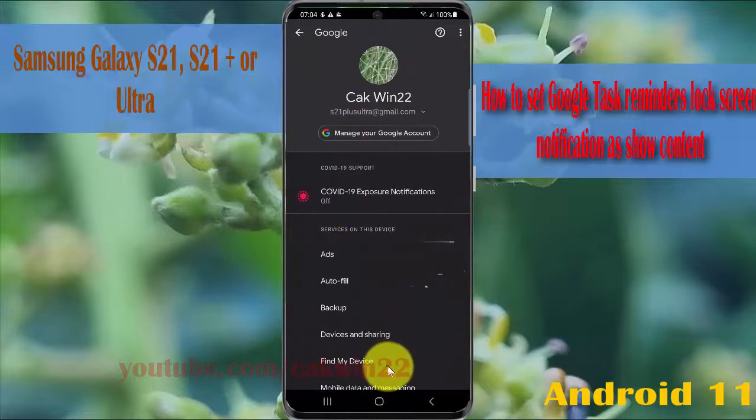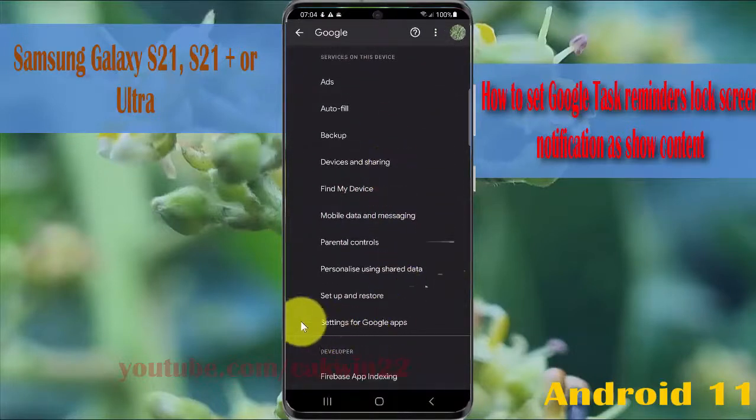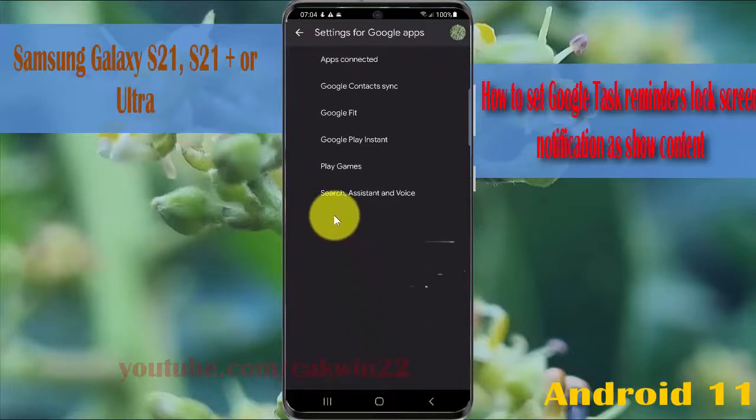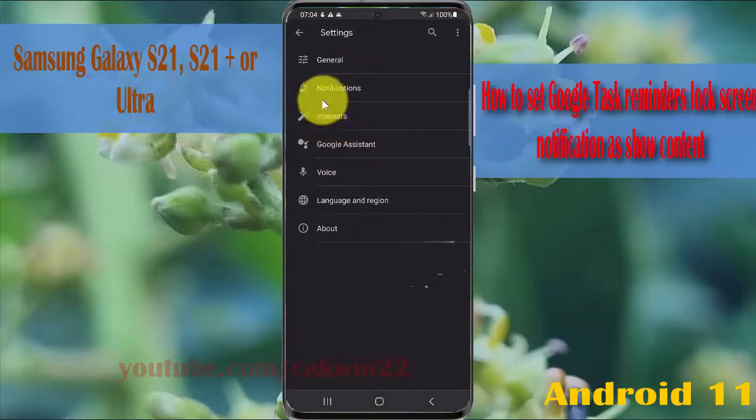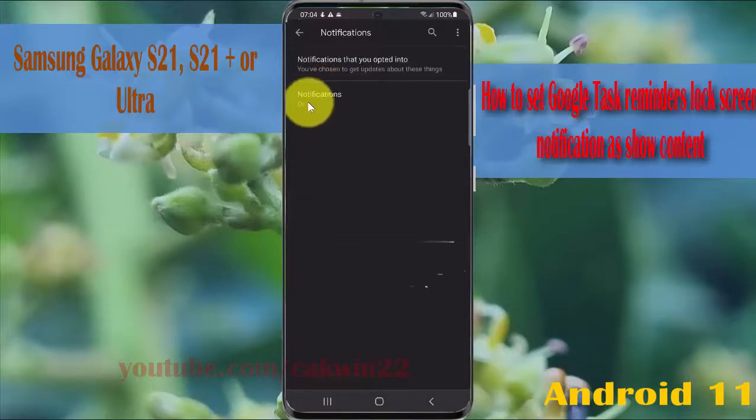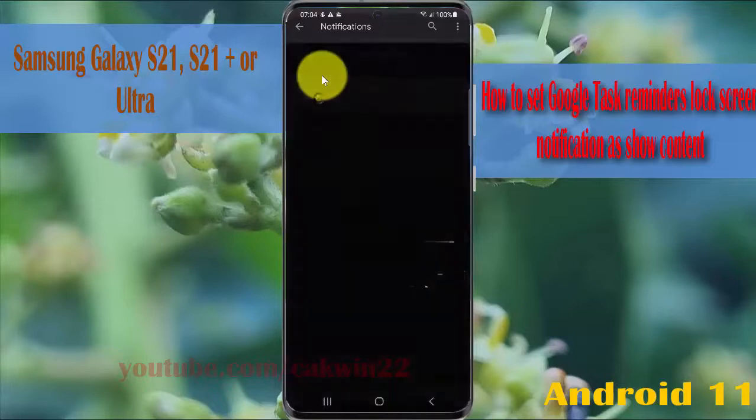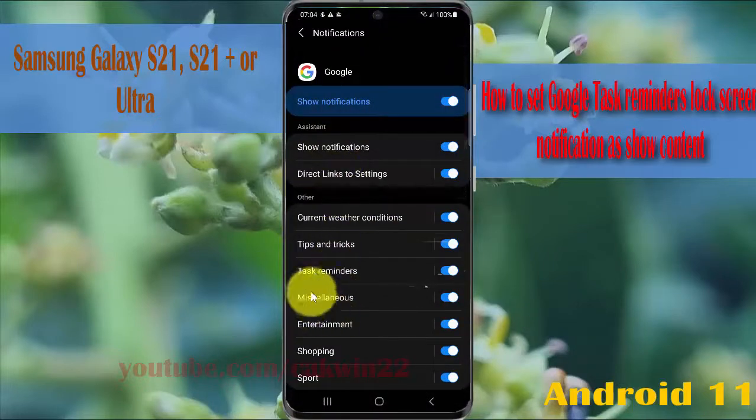Scroll down screen and then tap settings for Google Apps. Tap search assistant and voice, and then tap notifications. Select notifications again, and then tap tags reminders,